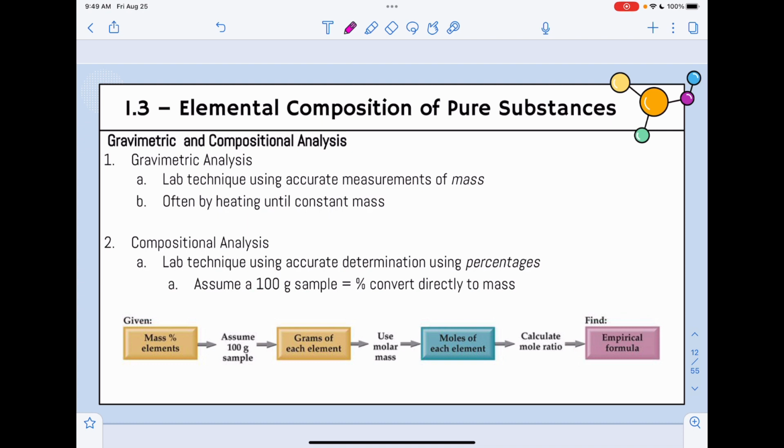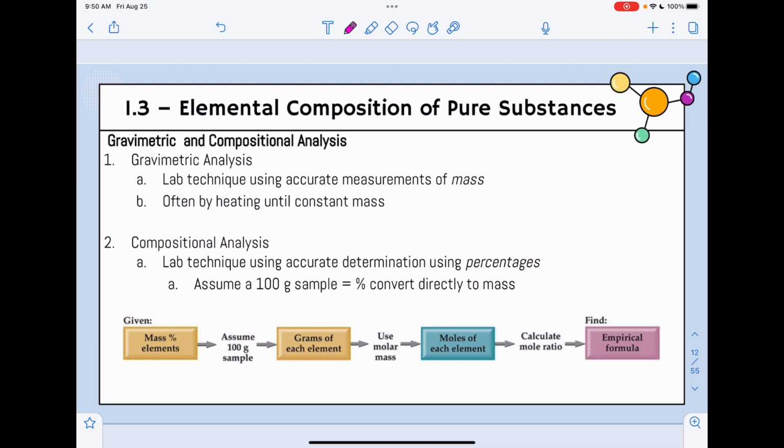There's also a lab technique called compositional analysis. This is not something that we can necessarily do in lab. You need better equipment than what we have. But what we're looking at here is a determination using percentages. So if something tells me that it's X percent hydrogen and Y percent oxygen, we can figure out what the